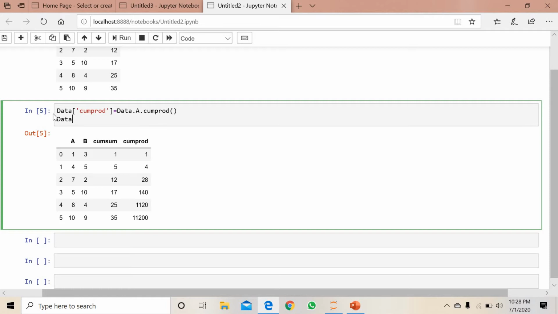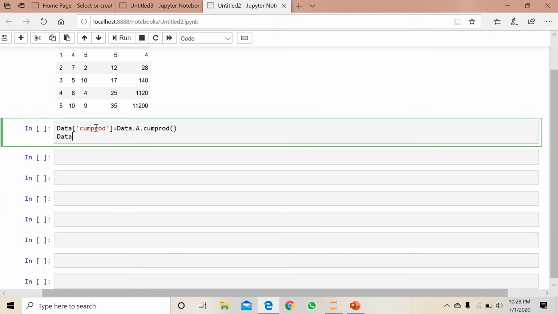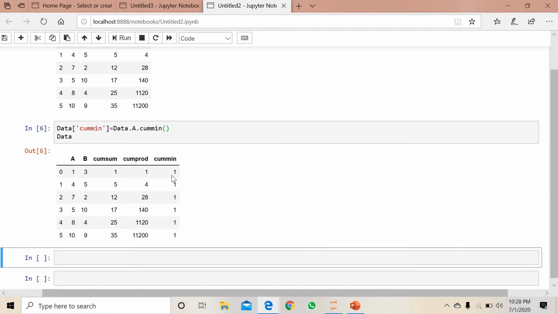Okay guys, now we'll see the cumulative minimum. In the cumulative minimum, the minimum number is added, you can see over here.